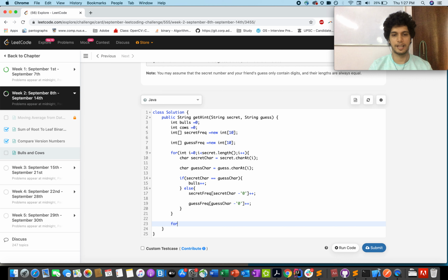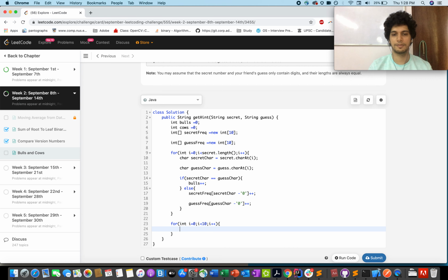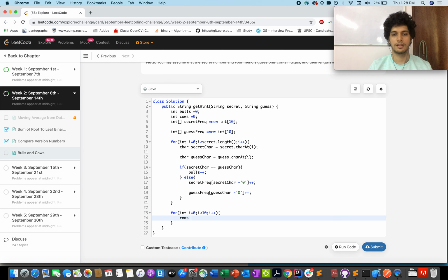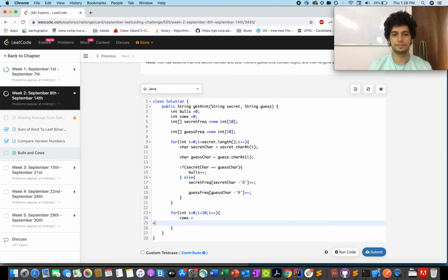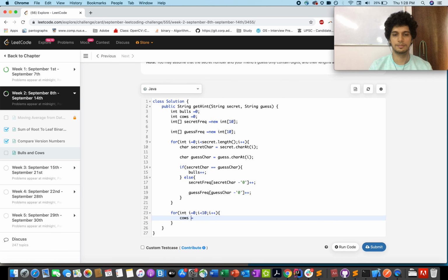And let's iterate through the frequency array, i equals 0, i less than 10, i plus plus, and update the cows count. Cows plus equals Math.min of guess frequency i and secret frequency i.